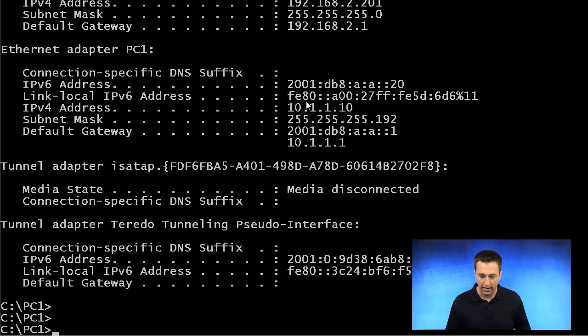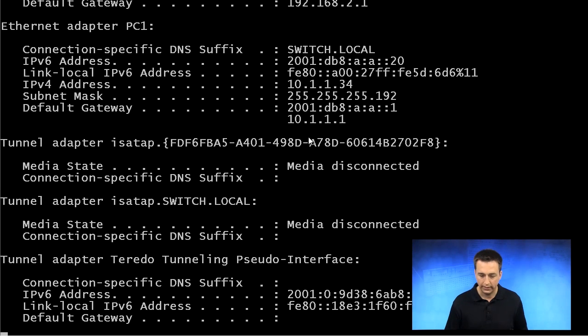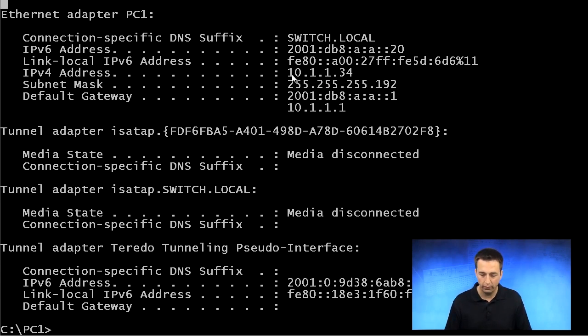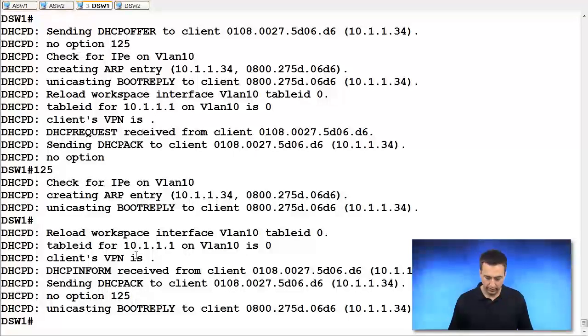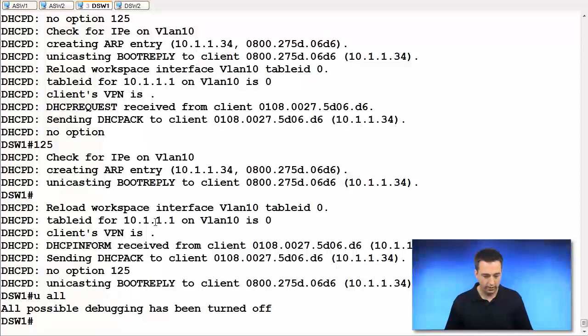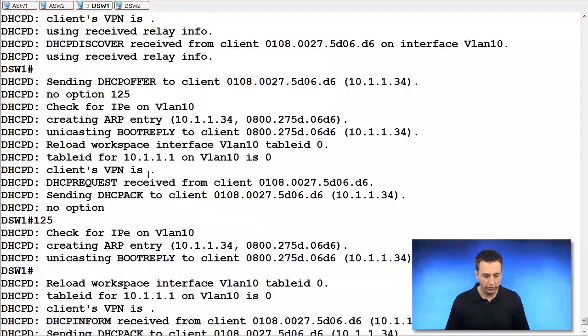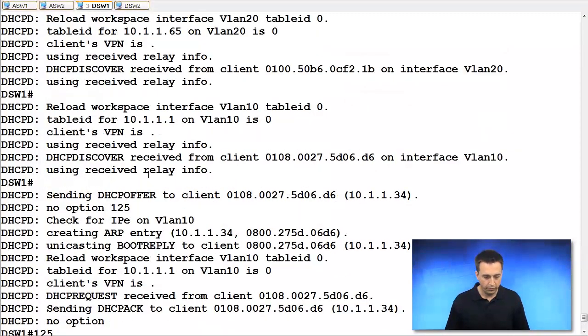So before, the IP address was 10.1.1.10. Let's take a look at what its IP address is now. We can see that it's 10.1.1.34. So it received that from the DHCP server. And if we go back to that DHCP server, which is DSW1, and we shut off our debug, and we look through what is going on here, from the debug, we